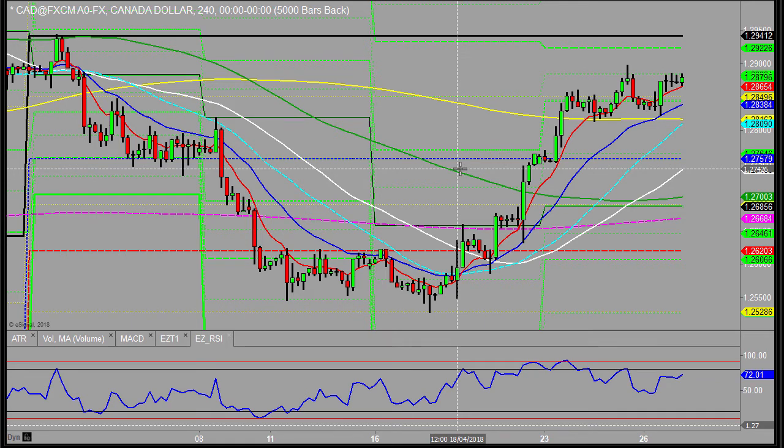Okay, I should also mention 1:30 this afternoon we've got the advanced GDP on the US as well, so we've got the counter currency that we're trading on across all these markets. We've got news for that at 1:30, so we could see some volatility coming out there. It is the first reading for both the UK and the US today, so we've got a Swiss National Bank speaker. I'm not interested in that. 8 o'clock we've got flash CPI and GDP from Spain, so it might give a bit of a slant on what's going on within Europe, some more clues, but it's not the big powerhouse of France or